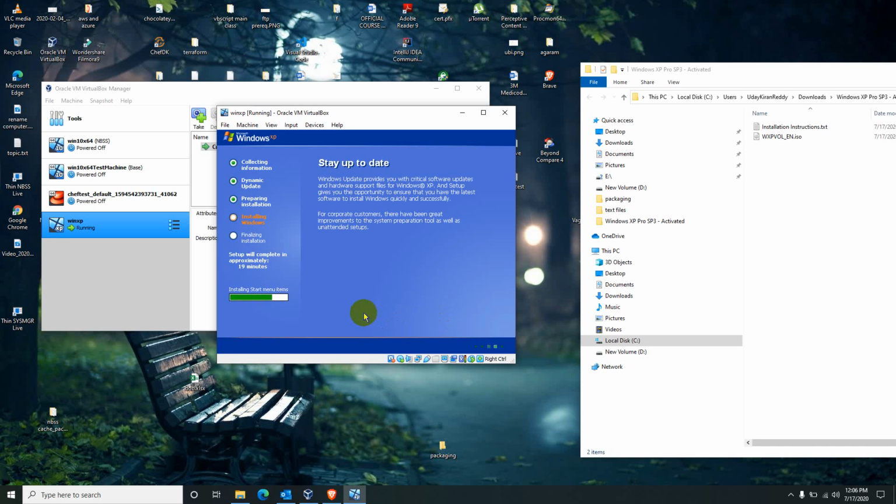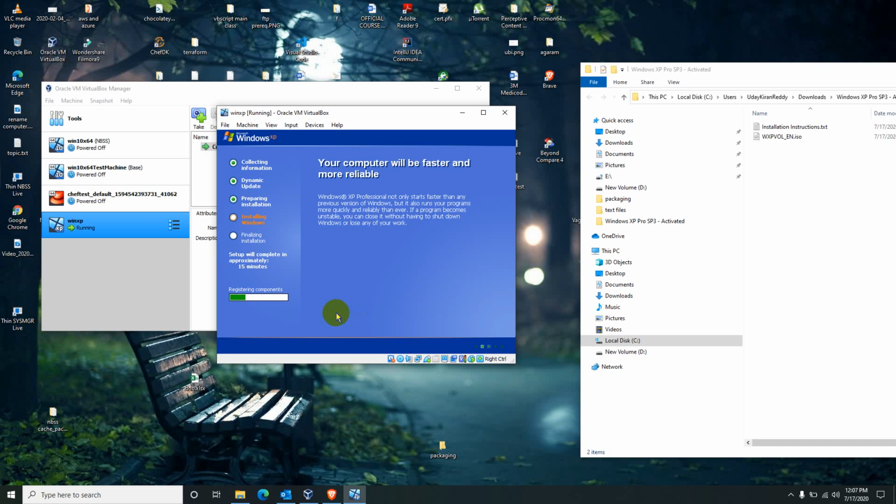You see it's almost complete. It is installing start menu items now. It's almost done.